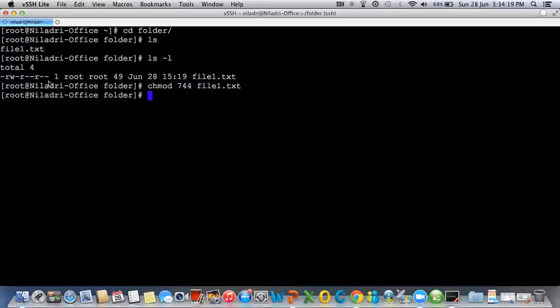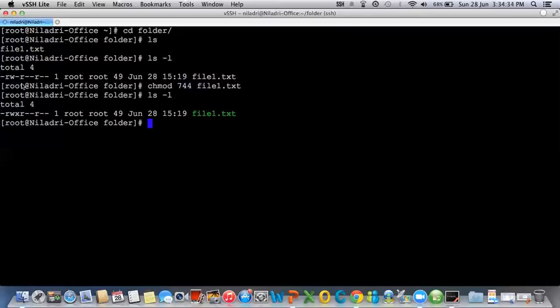So once I hit enter, and again, if I go forward and do a long list, I can see that yes, this particular file now has read, write, execute. Last time it did not have an execute option. Now it has an execute permission as well. However, the group and the others remain the same. It has only read permission for the group and as well as a read permission